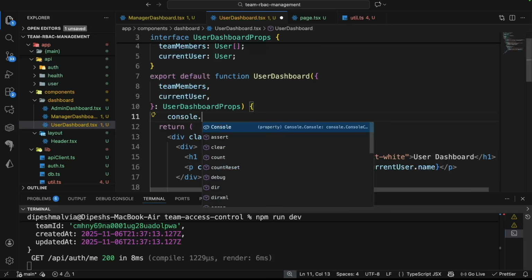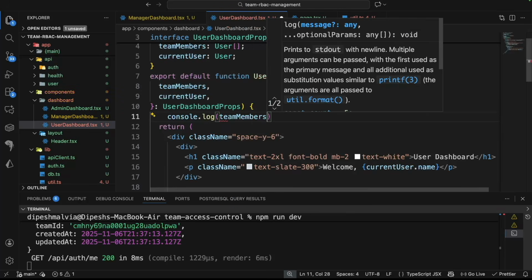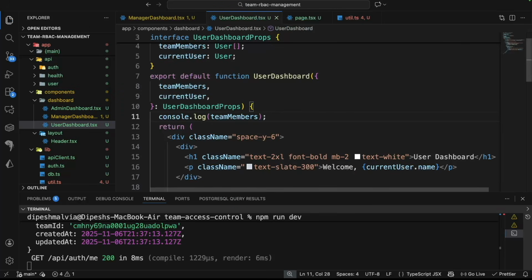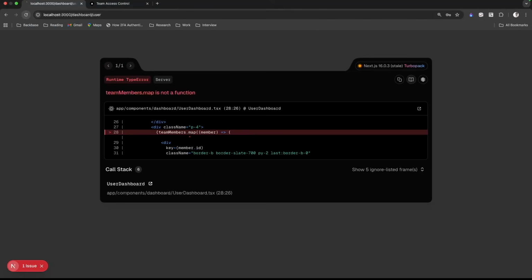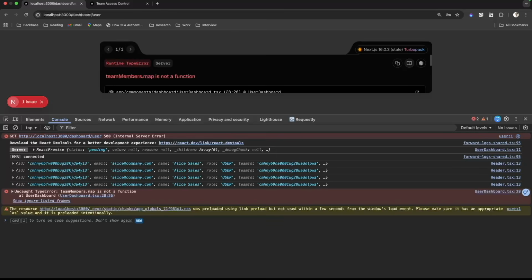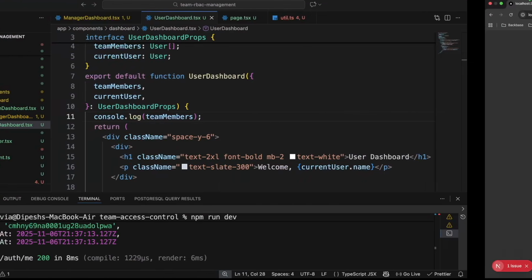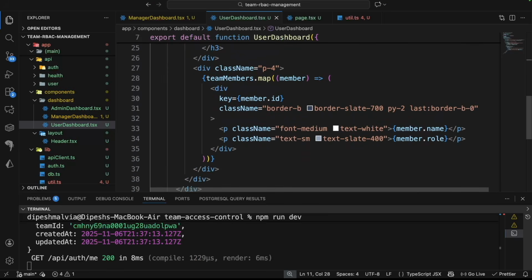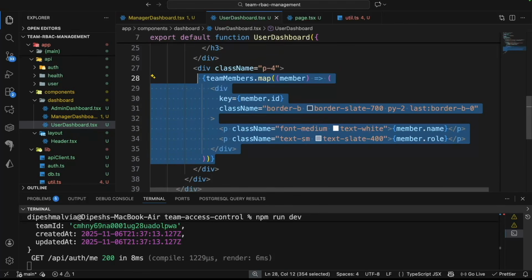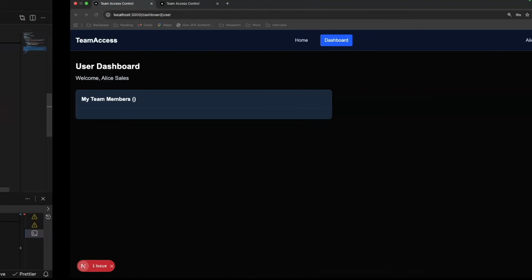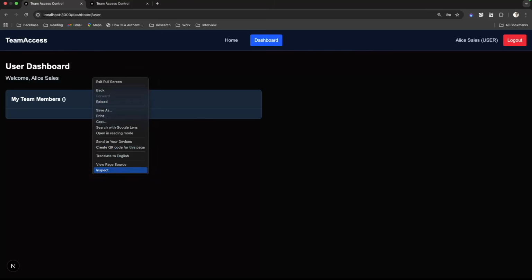So I will have the console.log. I will have the team members to see whether we get the team members or not. So I'm going to refresh my page. I will go to the inspect element, and we have a problem at line number this one. So what I will do is I will just comment this out for now to see whether I get the value or not. So I will comment this out, and now if I go and do an inspect, go